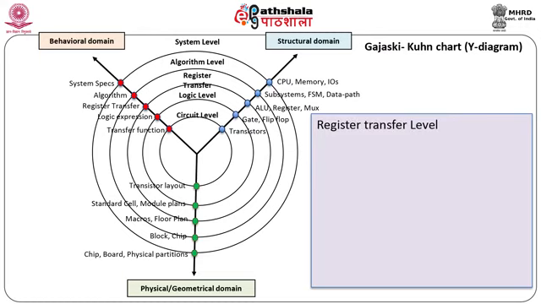The next level of abstraction is the logic level. This level is described in terms of behavior perspective by Boolean equations. In the structural view, this is displayed with logic circuit. Typical building blocks include simple logic gates such as AND, OR, NOT, XOR and 2 to 1 multiplexer, as well as very basic memory elements such as latches and flip-flops.